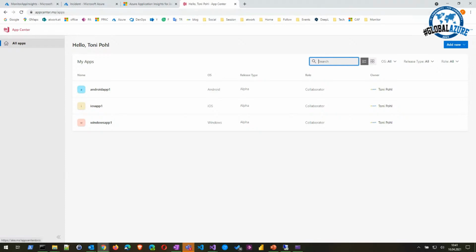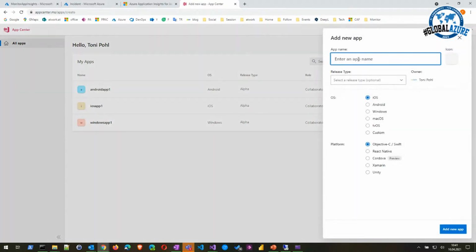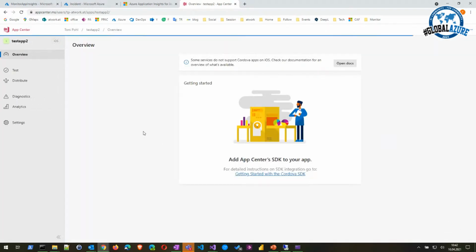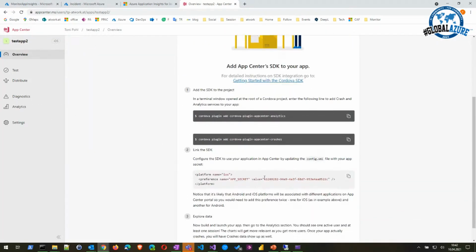You can register here with a GitHub account, and you can simply create a new application here and say, okay, this is my test app 2, for example. This is the platform I'm using here. That's an alpha, and this is, let's say, a Windows application or an Android or Mac application and so on. And this is developed in Cordova, for example. And then you create such a new app, and then you get the steps how you can integrate App Center